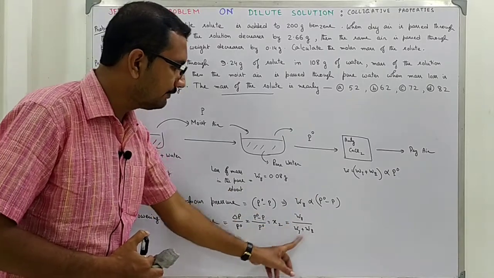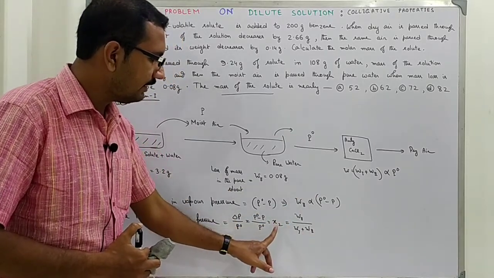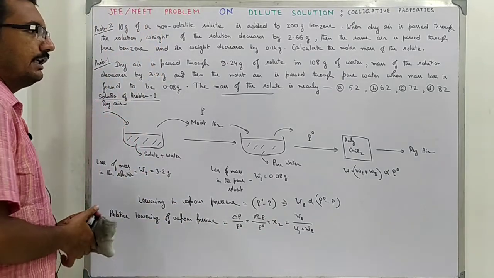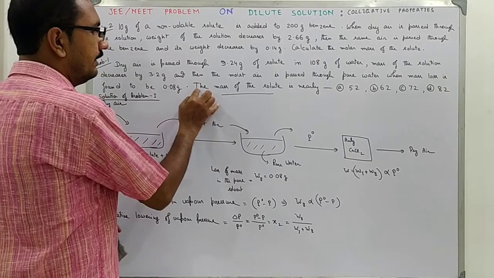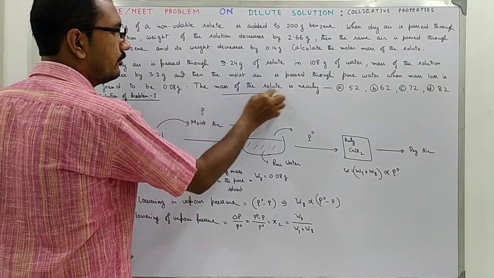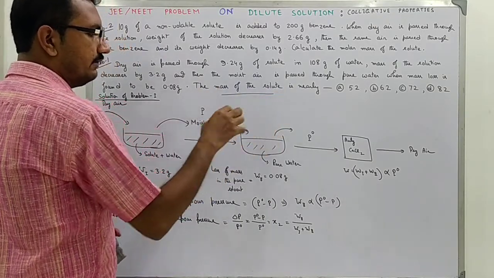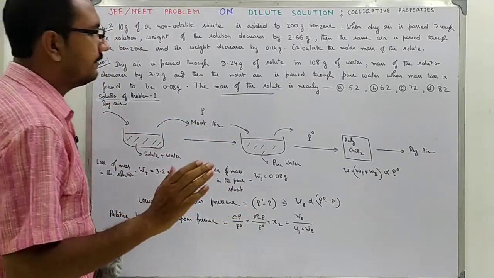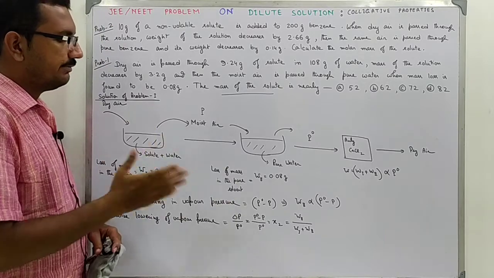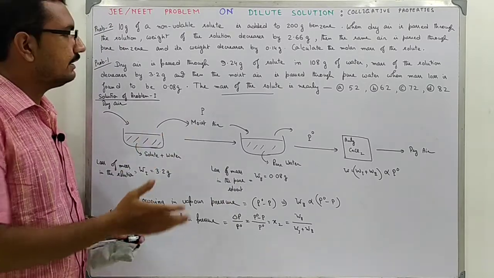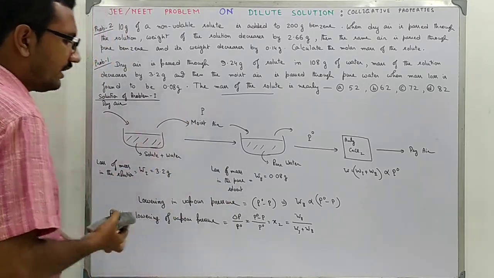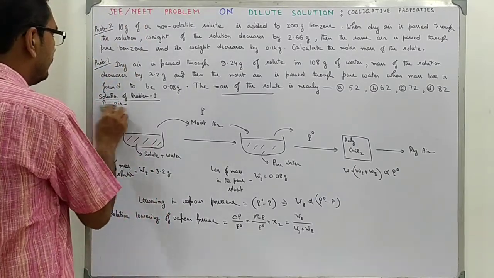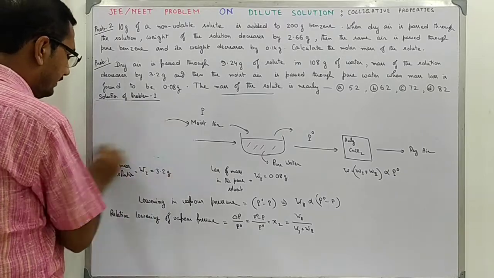So you have the value of the right hand side, and from this you can have the value of mole fraction, and from the mole fraction you will be able to have the value of the mass of solute which is unknown. So in this way you can determine the molecular weight of any species, of any non-volatile solute, just by simply performing the experiment. So this is an essential problem. It has practical importance. Now let me make some space by removing it.